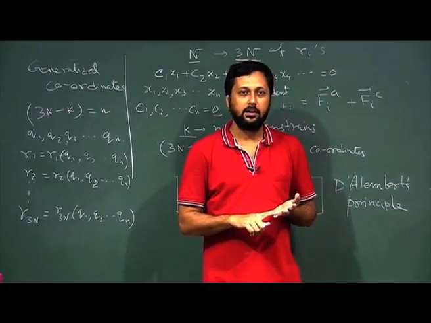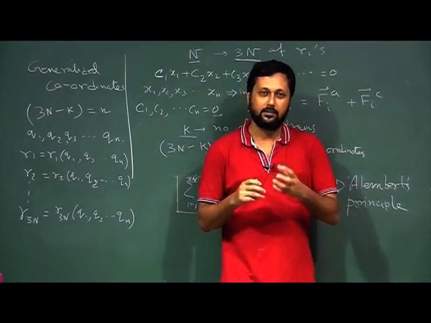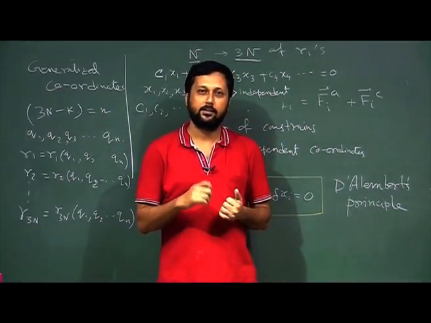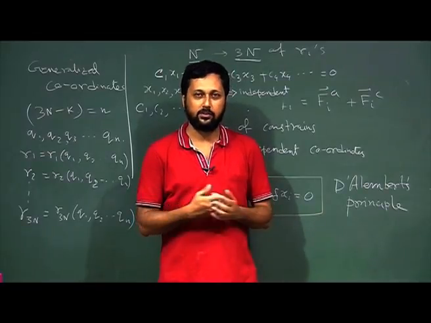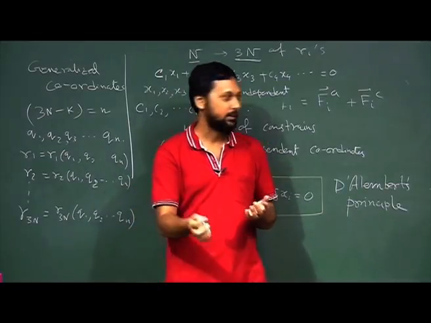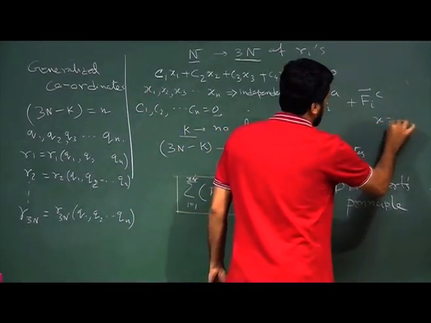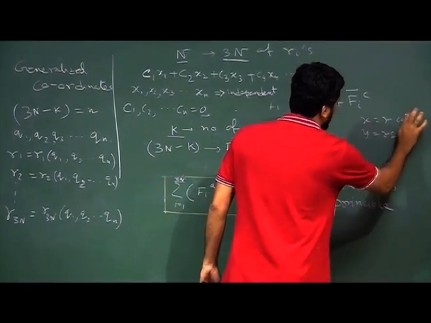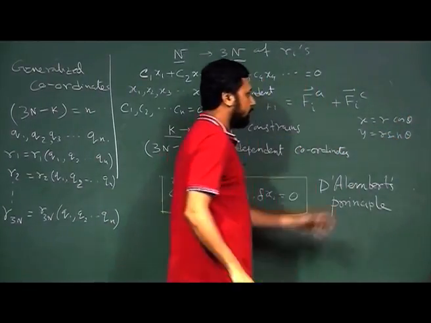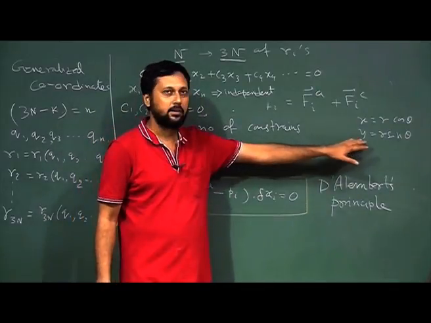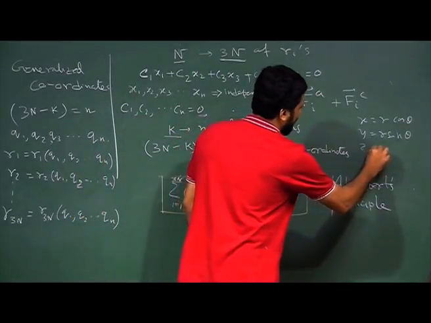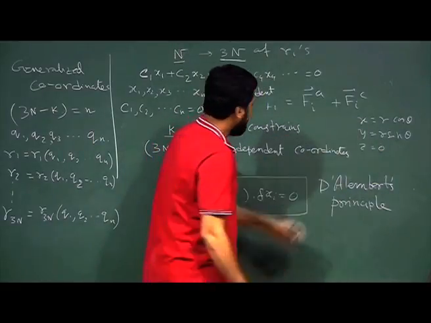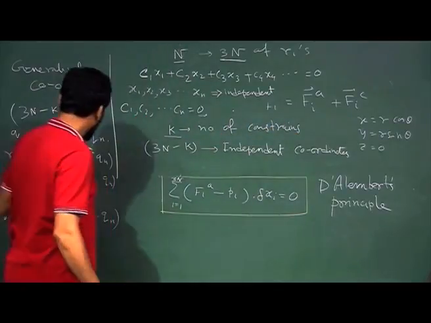Now, initially if we consider a free particle in 3D space, we need x, y and z. So, there must be some connection between x, y, z and r and theta. We know how these equations are. There are transformation equations that we can always write: x equals r cos theta, y equals r sin theta. Of course, right now we are not considering z, so z is always equal to 0, but this is also an equation. These are the transformation equations we are talking about here.